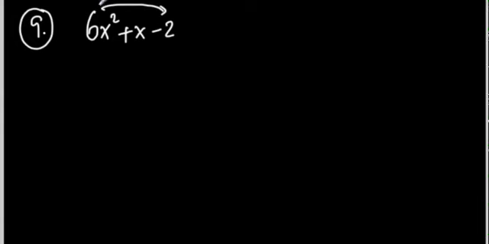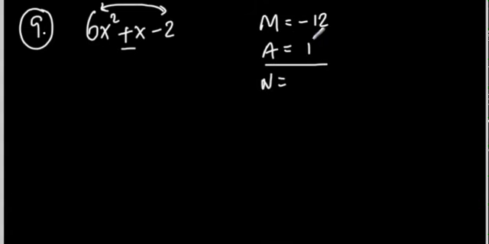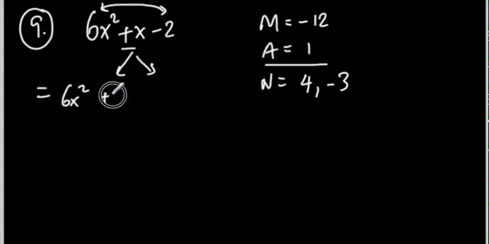Once again, multiply the first and the last, so it's negative 12. And a is the middle term right here, so that's just 1. So we've got to find two numbers that multiply to negative 12 and add up to 1. The ones I can think of are 4 and negative 3. 4 times negative 3 is negative 12. 4 plus negative 3 is 1. So remember, the middle term splits. Okay, so we get 6x squared plus 4x, which comes from here, and then minus 3x, which comes from here,